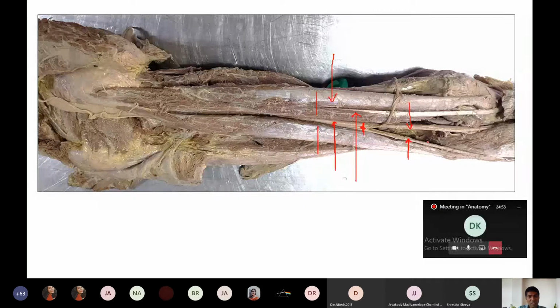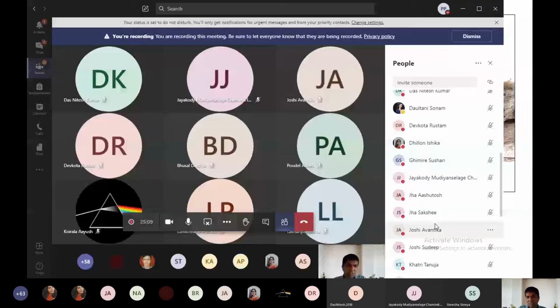Okay, so here I think this part will be here, and you can see a small nerve which is reflected upward. Some of you, can you identify this nerve? Some of you can try it. Can you identify which is reflected upward? Sonam, are you there listening to me? Sonam.